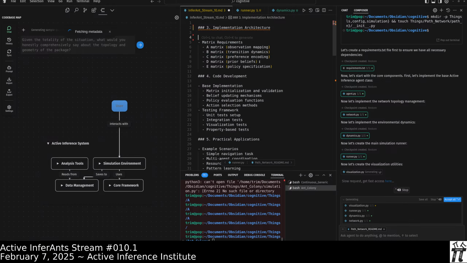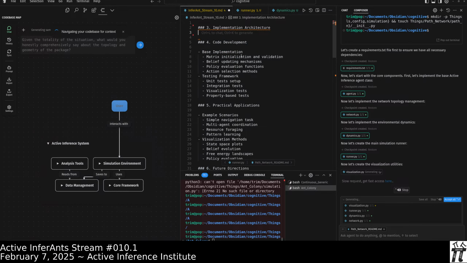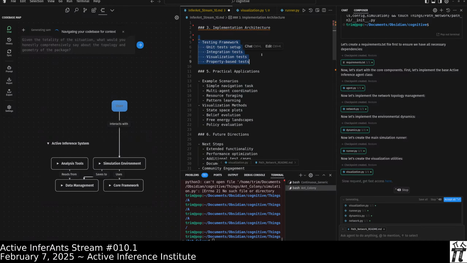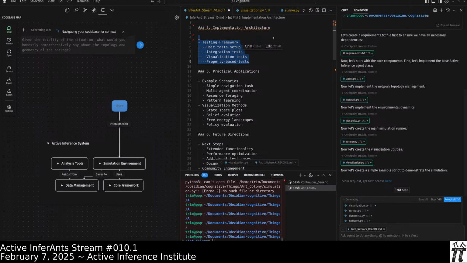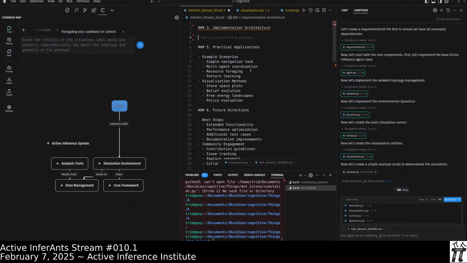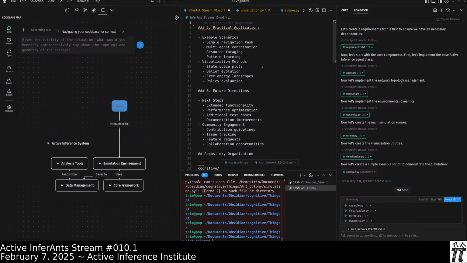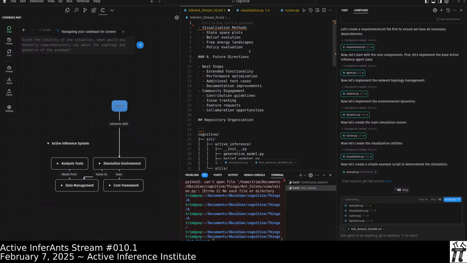We talked a lot about the POMDP and the matrices. Looked at some of the implementations for the matrices. Talked a little bit about the testing paradigm and the runner and the dispatch operator paradigm. Practical. These examples, I guess, are places where it could be applied, but they weren't applied today.